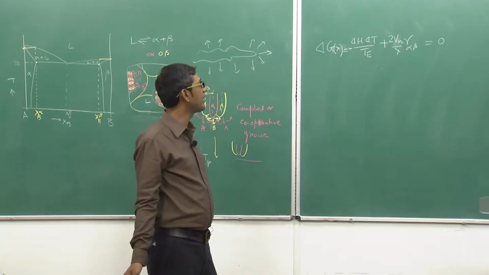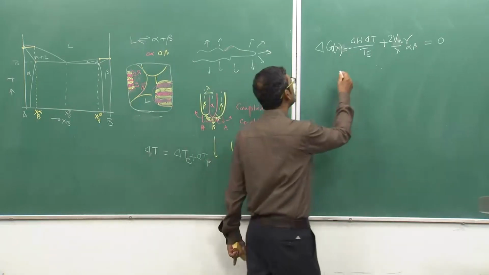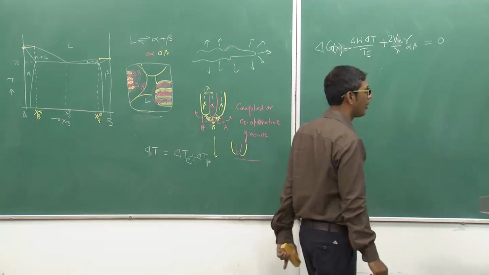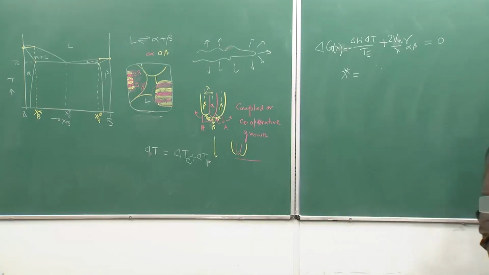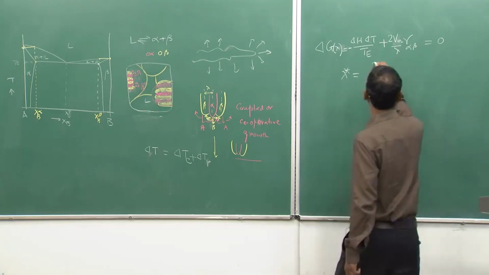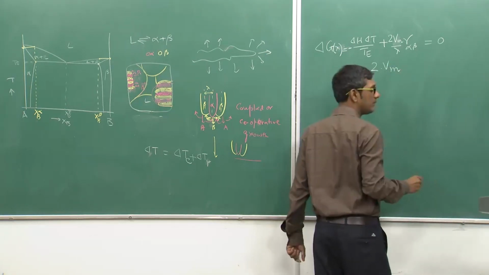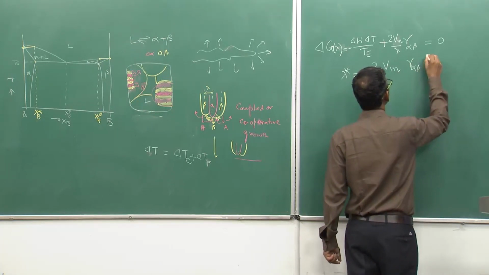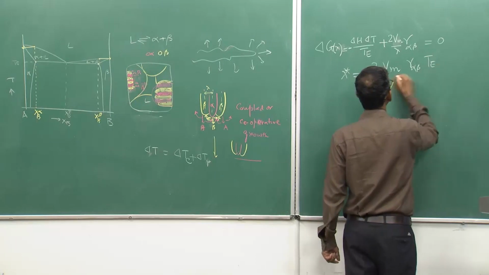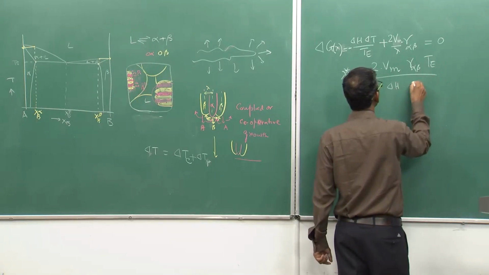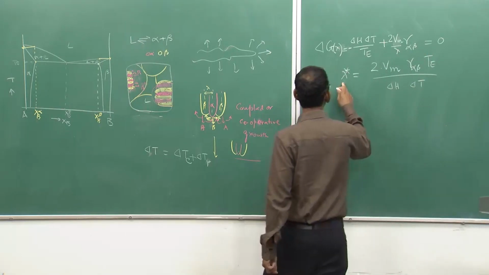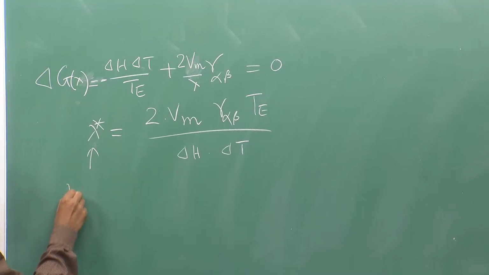That means there is no finite driving force available. This will give me lambda star, the minimum value of lambda, which is equal to twice Vm and gamma alpha beta, the surface energy, Te divided by delta H into delta T. It is very simple, you just back calculate and you will get it. This is the minimum value of lambda, you cannot have less than that,